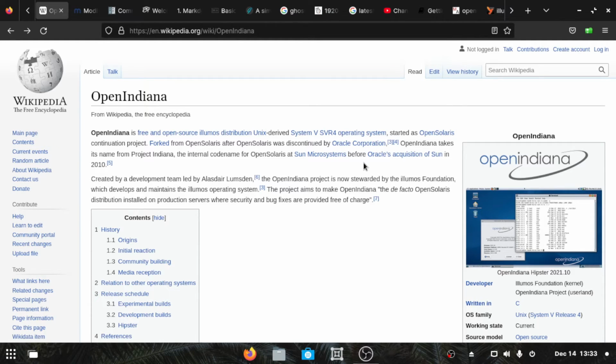OpenIndiana is a free and open source illumos distribution, a Unix-derived System V SVR4 operating system. It started as an OpenSolaris continuation project, forked from OpenSolaris after OpenSolaris was discontinued by Oracle Corporation. OpenIndiana takes its name from Project Indiana, the internal code name for OpenSolaris at Sun Microsystems before Oracle's acquisition